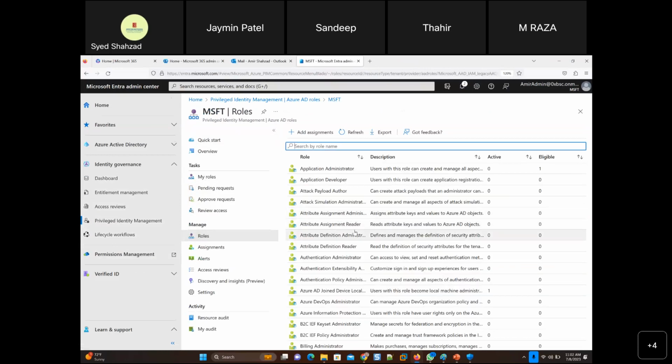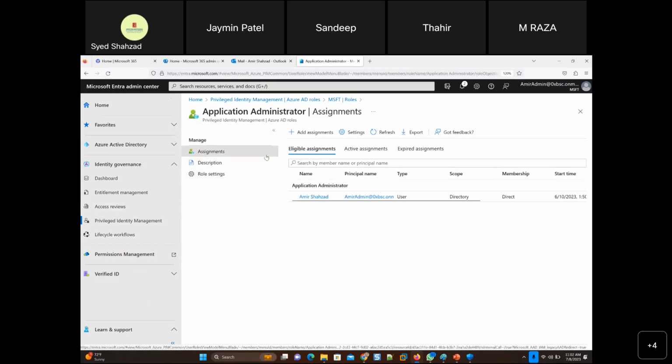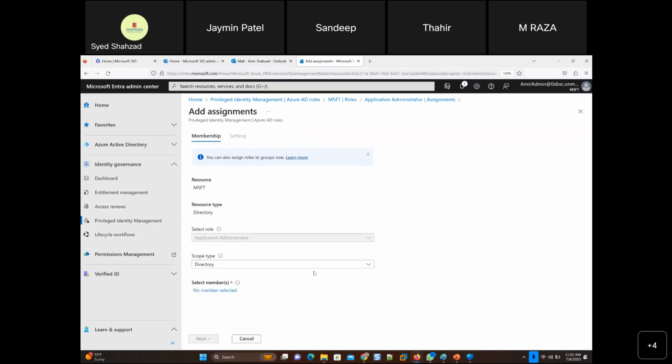Now, when you're assigning through privileged identity management, there are benefits, and I've mentioned that before as well. In fact, this is the best practice: if you are going inside and assigning a role to someone, you would always add an eligible assignment. You will not activate it right away. So what is the difference between eligible and active assignment? We have talked about that before.